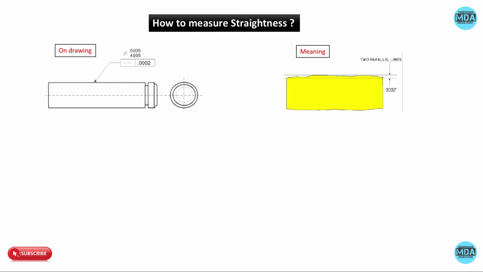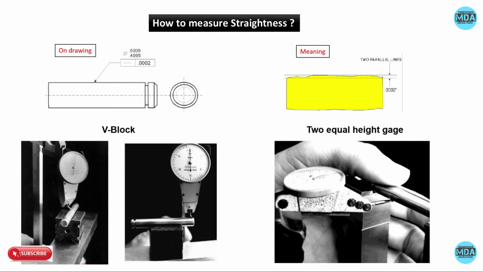After the production of the part, it will be sent to the inspection department to check whether it is within the allowable limit or not. We can measure the straightness of the surface with the help of a dial indicator or a probe indicator. For that, we hold the workpiece in the V block, or you can hold the workpiece on two parallel height gauges. So here we are not taking any reference, we are directly measuring. By holding it in the V block, we are directly measuring the straightness of the surface.